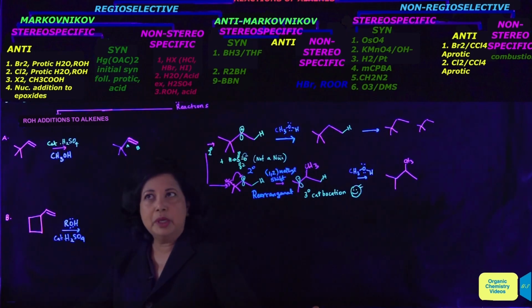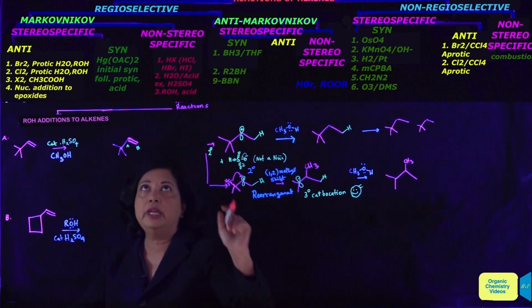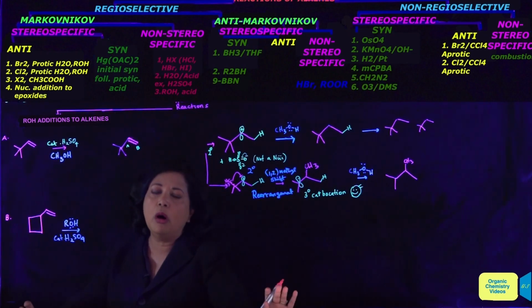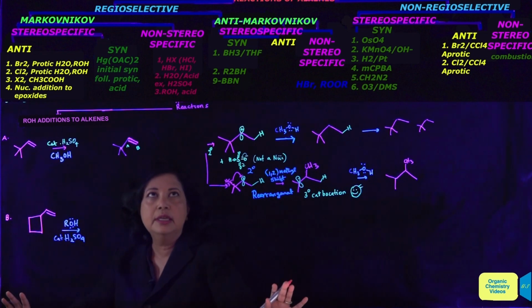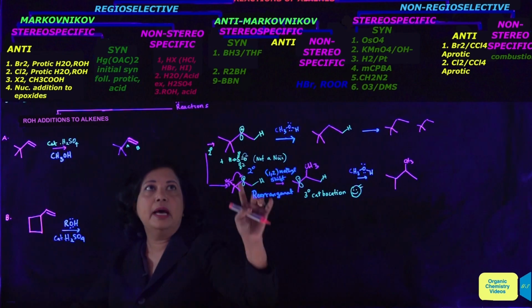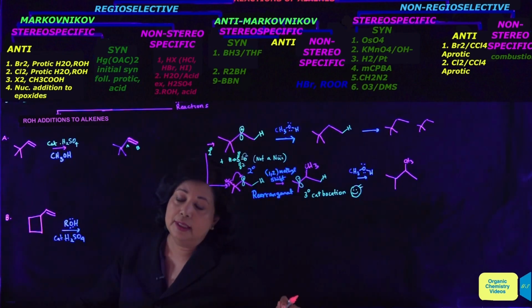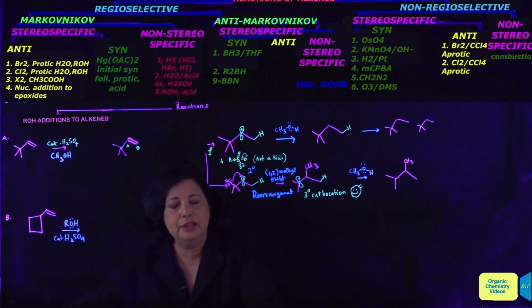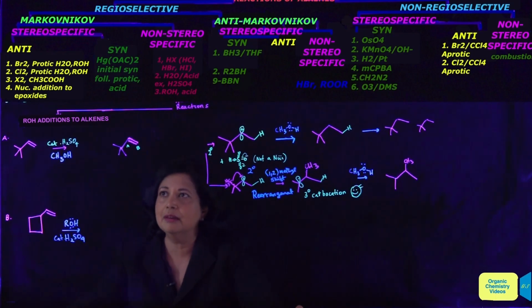Welcome back, everybody. We're continuing with our additions to alkenes. We're going to do regioselective, non-stereospecific additions. We did water additions, hydrations, and we're just switching the reagent from water to alcohol. And you might think that's a major switch, but for molecules, it's really not a big switch, because alcohols, let's